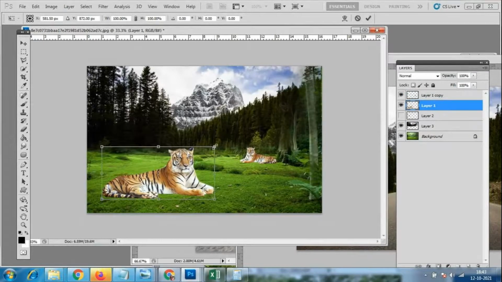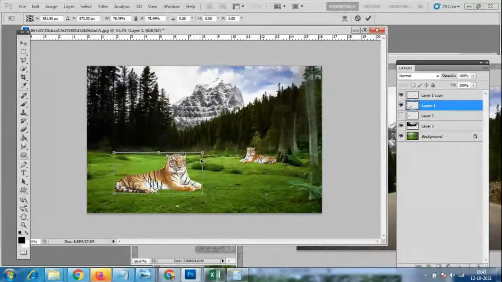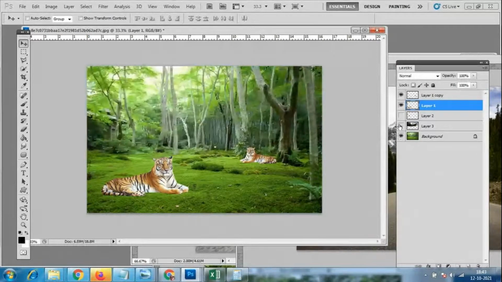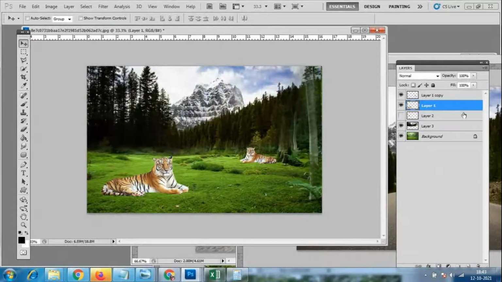We can add many animals. Like that. For tomorrow's assignment, you have to use at least a minimum of 10 layers here. Now I have used 5 layers. Minimum people use 5 layers, no problem. With the 5 layers, that means you have to take 5 different things and make the collage work like this. You have to change the background like this, and you can take 2 different backgrounds. Otherwise for the animal, you can take a duplicate copy. You people know how to take the duplicate copy, right?